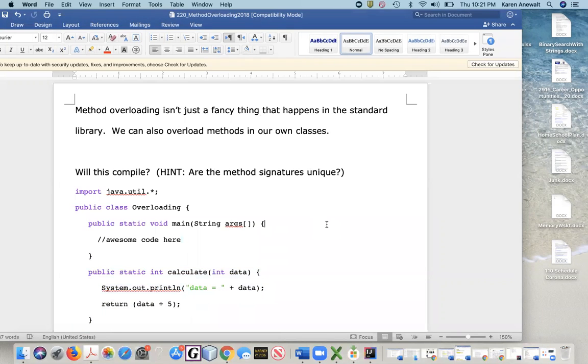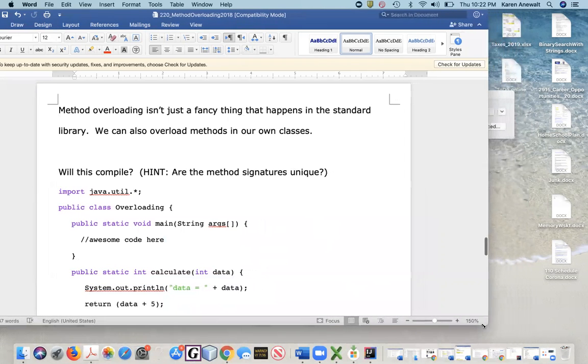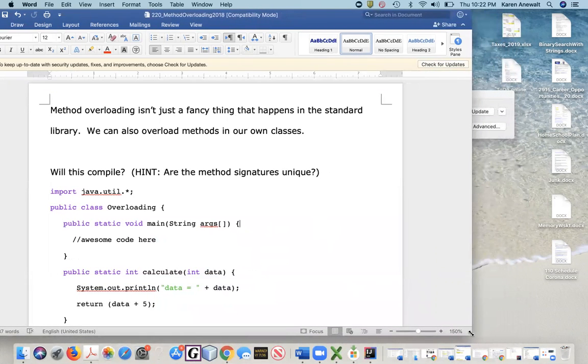In this video, we're going to look at method overloading examples that might occur in a program that we wrote on our own. So we've looked at an example in the Java API in the ArrayList class where it uses method overloading, has two different methods that are both called add, and they can be distinguished from each other uniquely in our code by the way that we call the method. If we call the method with just one argument, it matches with the first version. If we call it with two arguments, an integer and an element to add, then it calls the second version